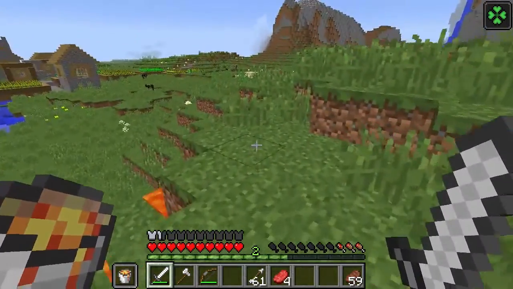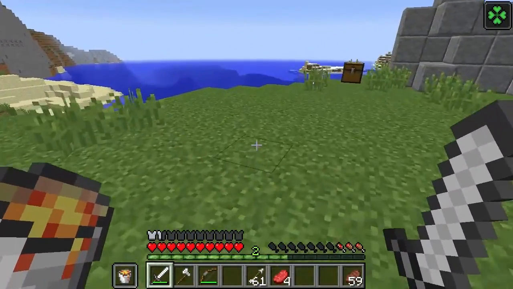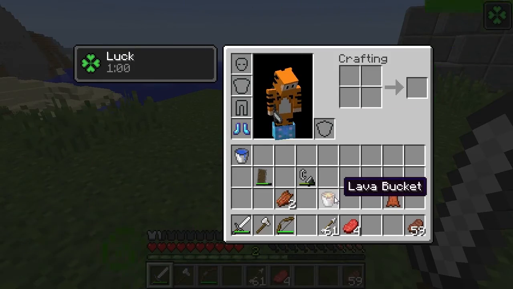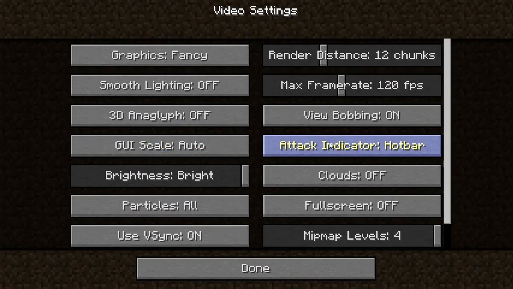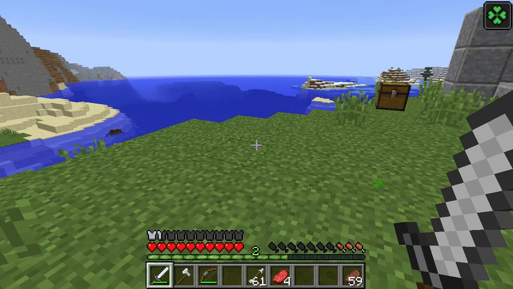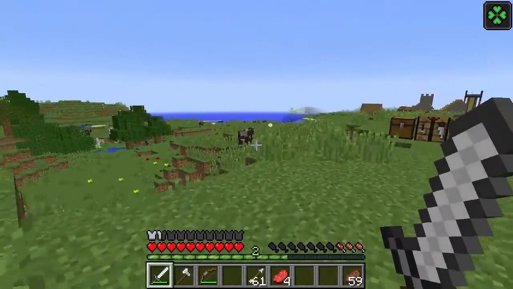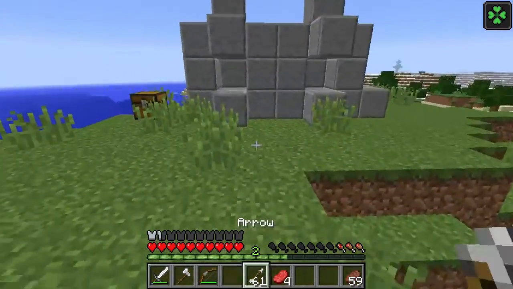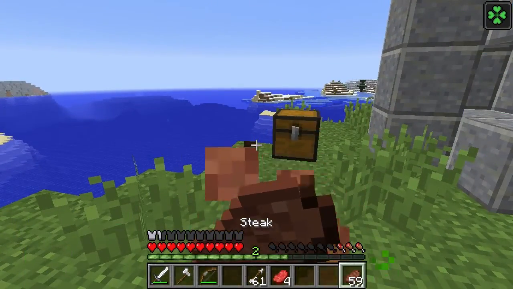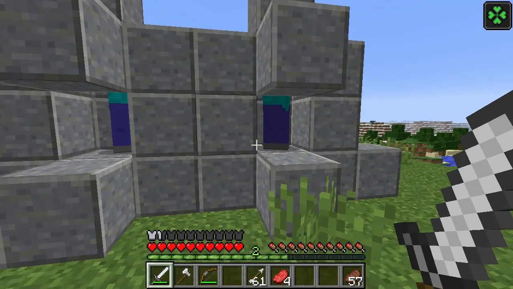Oh, and it's worth mentioning, too, that along with the attack speed stuff, there's actually a little indicator, which you'll have to enable in-game. It's an interface option here. So, if I go to video settings, attack indicator, you can set it to hotbar, off, or on the crosshair. I set it to the hotbar because it's right next to my hand there. But every item now has a cooldown period for when you can attack, and that actually changes how much damage you do. Specifically, what that means is